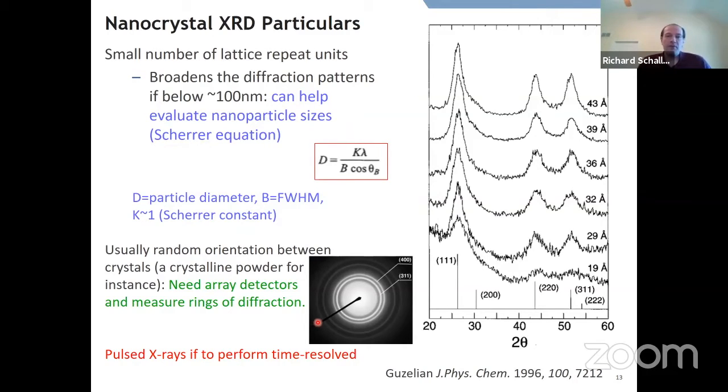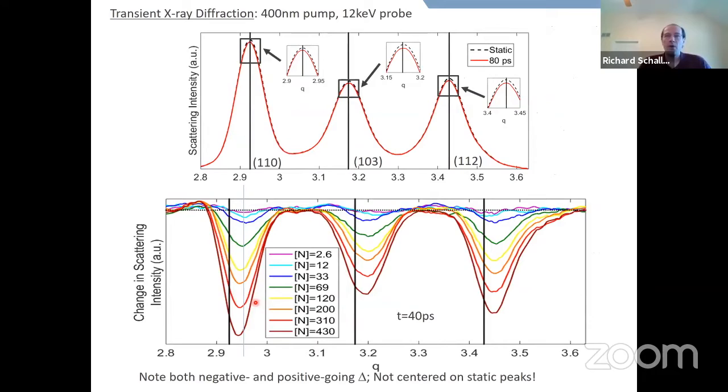Okay. Furthermore, if you want to do anything time resolved with X-rays, you have to have a pulse source, and that's where synchrotrons are useful, free electron lasers are useful. There's benefits and detriments of both types of sources. Okay, so getting to some form of data, here what I'm showing you is just one of our first successes,